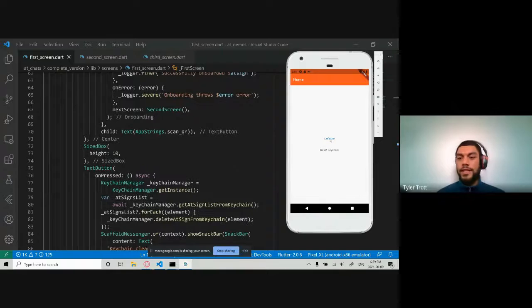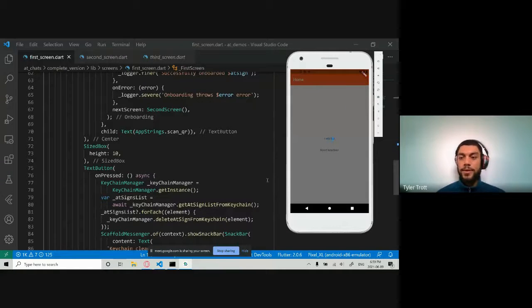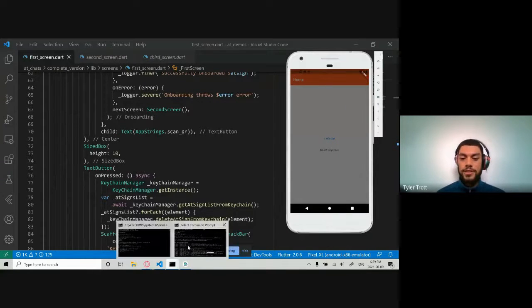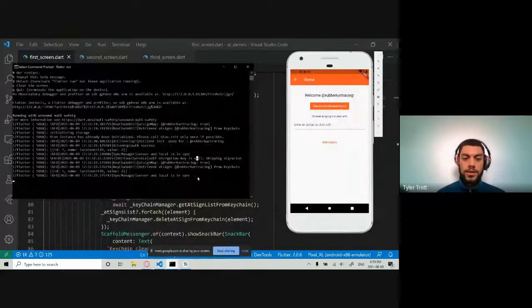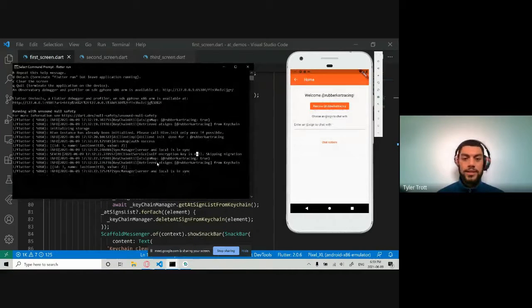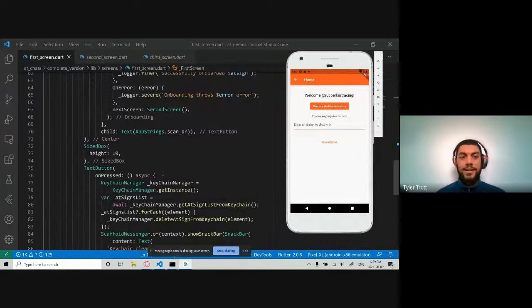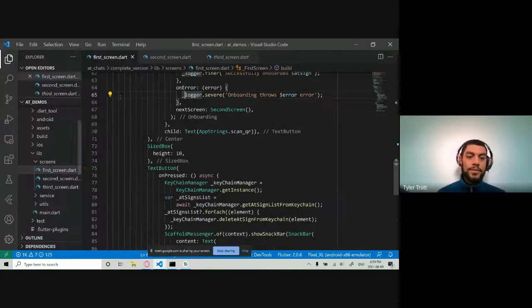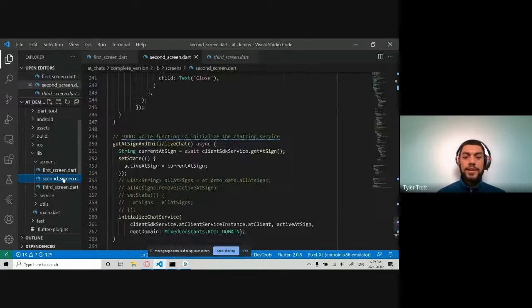I'm just going to click Let's Go. Hopefully that works out for me. You can actually see all the logs and whatnot in here. But because I already did all that, it's going to just say retrieve my @sign right here. And we're taken to a very familiar screen that Colin went to. And let me also go to that screen here.